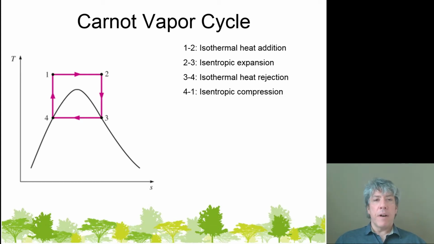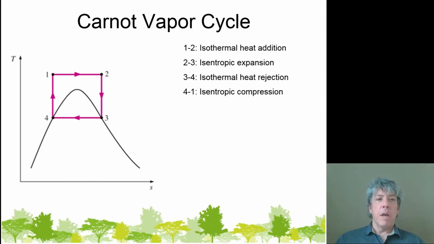Now, we need to find some cycle that would adequately represent a real cycle. So what if we consider the Carnot cycle? Could there be such a thing as the Carnot vapor cycle? Well, let's think about it. On the TS diagram, the Carnot cycle is just a rectangle. So we could draw it and move it around wherever we want, assuming that we would operate our engine in